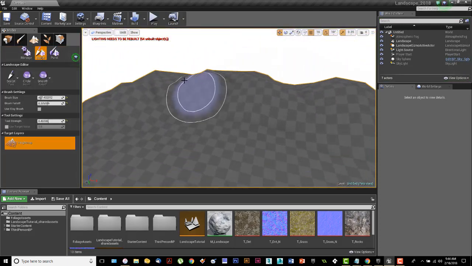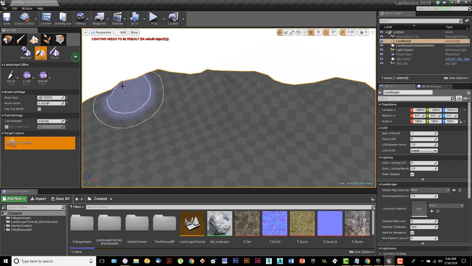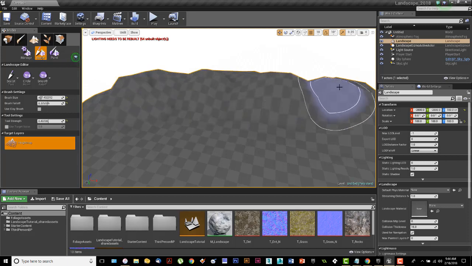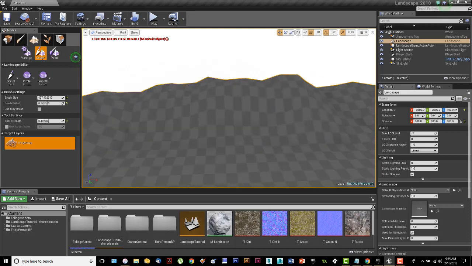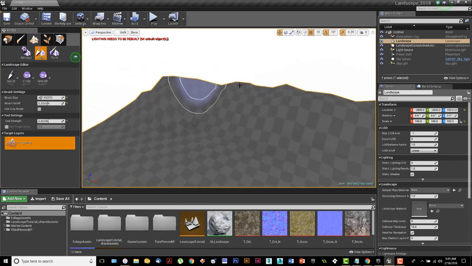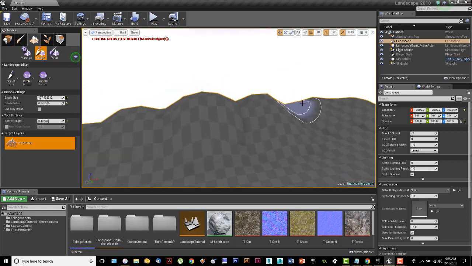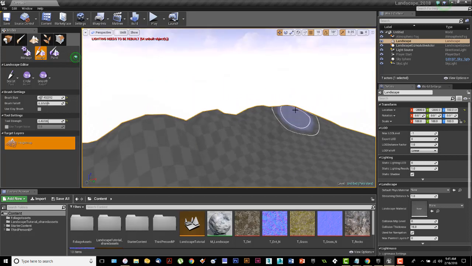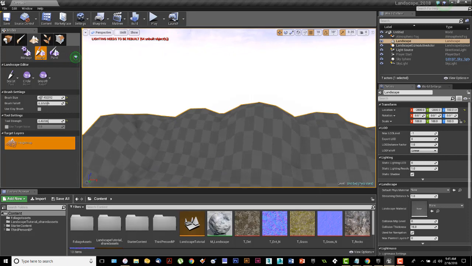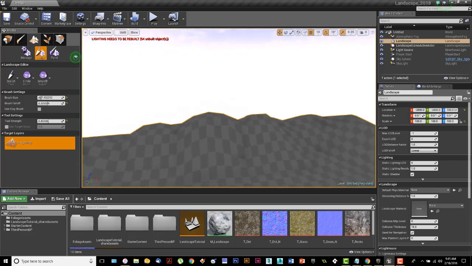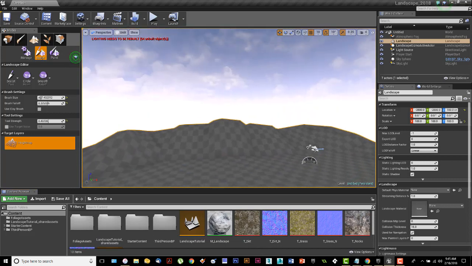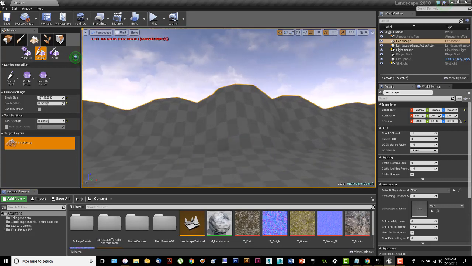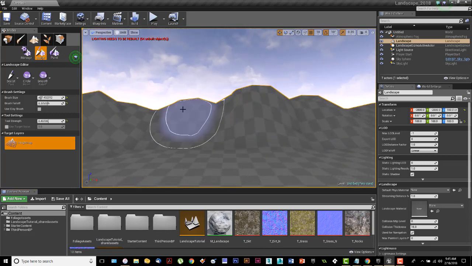So I'm going to go through and do the same thing. I click a lot, and I'm just interested in moving the mouse around and raising this thing up, and try to get these things as high as possible without looking like a camel. I want to make sure that no two mountains are exactly the same. I don't want everything to be too uniform. I do need to have a little bit of